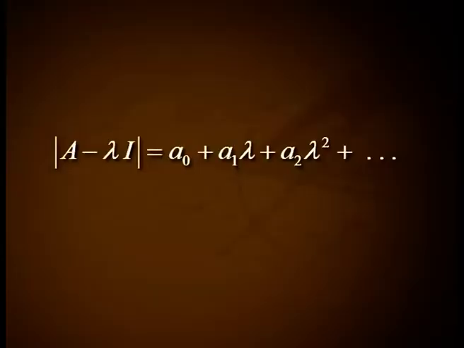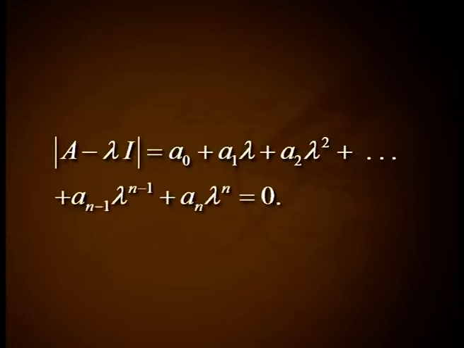Pre-multiplying these equations successively by I, A, A², etc., Aⁿ and adding, we obtain A₀I + A₁A + A₂A² + ... + Aₙ₋₁Aⁿ⁻¹ + AₙAⁿ = 0, because the terms on the left cancel in pairs. Hence the matrix A satisfies its characteristic equation |A − λI| = A₀ + A₁λ + A₂λ² + ... + Aₙ₋₁λⁿ⁻¹ + Aₙλⁿ = 0.